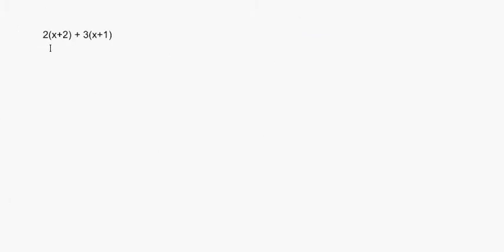On this question I have 2 times (x plus 2) plus 3 times (x plus 1). And I notice that I've got 2 different kinds of boxes here. I've got 2 sets of boxes, but in this box I've got an x plus 2, and in this box I've got a different one which is an x plus 3. And the instruction might be